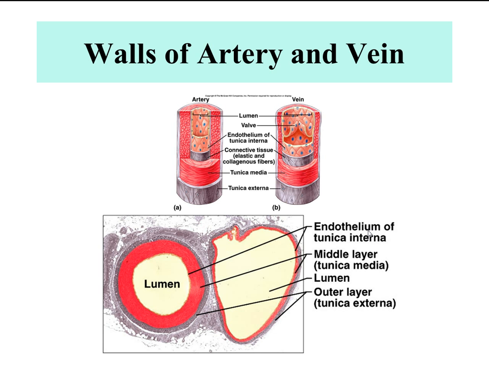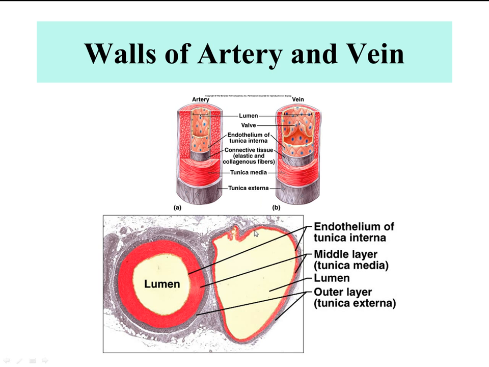What does that mean? Simple means only one layer of cells thick. Squamous means flattened cells with a bulge where the nucleus is, and epithelium is the type of tissue,